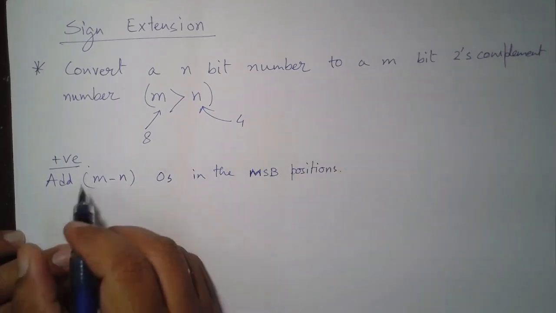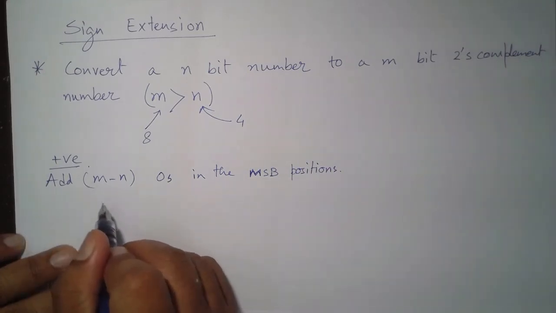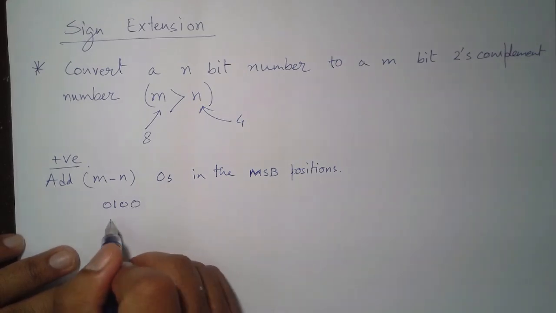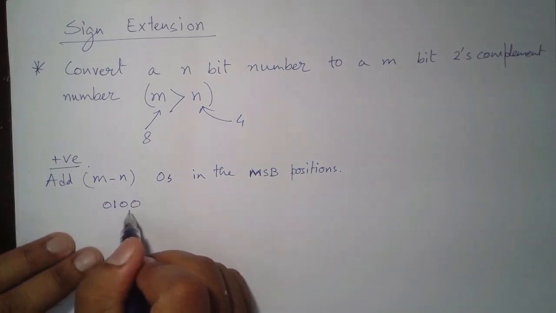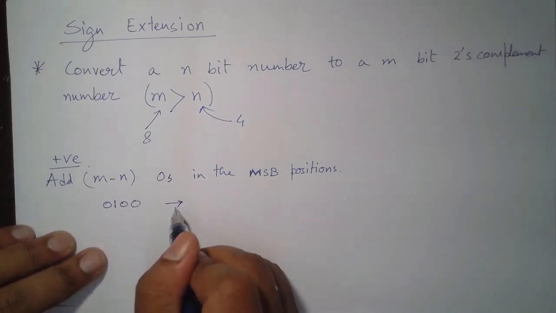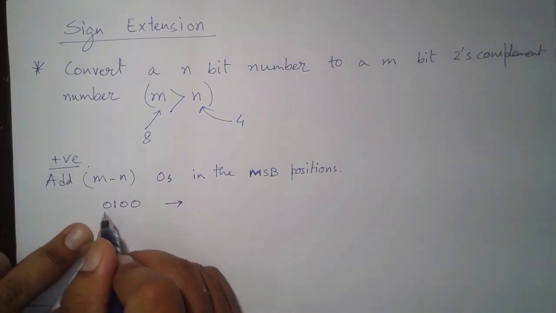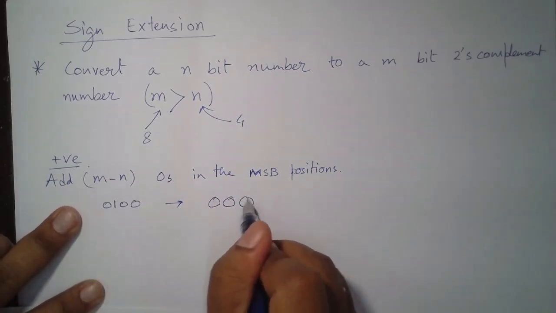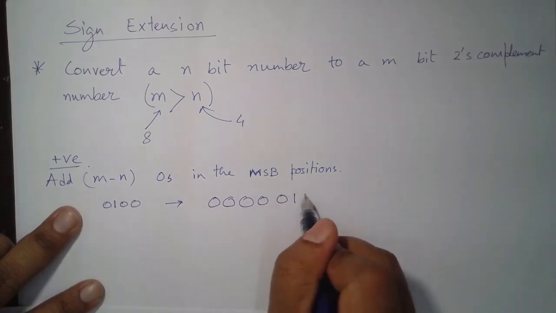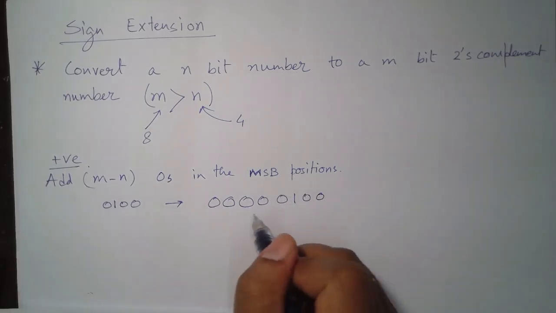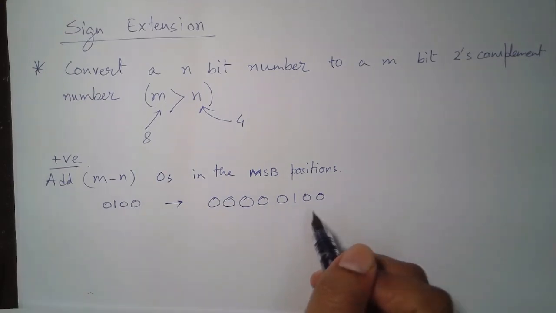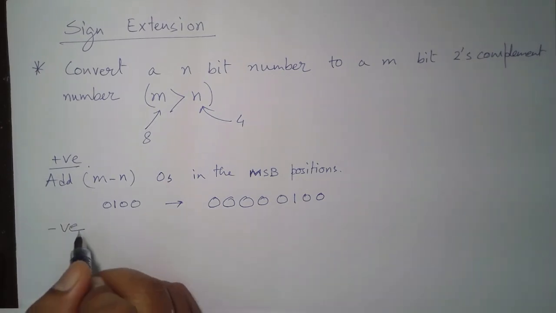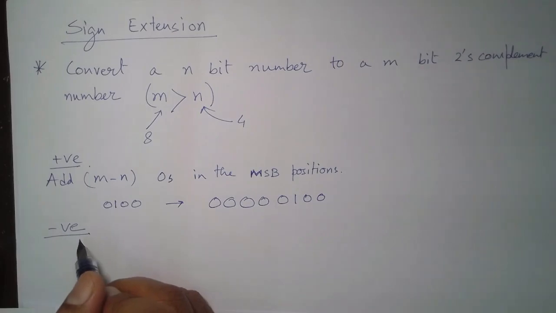So, an example can be, let us say I have a number plus 4, which is represented as 0 1 0 0 in my 4 bit representation, and I want to convert it to an 8 bit representation. What I will do is add m minus n zeros. Here m minus n is 4. So, I will add 1 2 3 4 zeros followed by the number. So, the number remains the same, there is no ambiguity. How about negative numbers? If this number is negative,